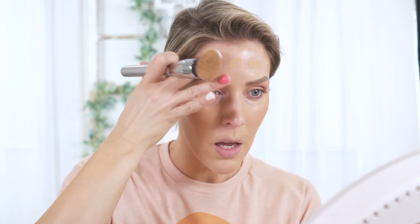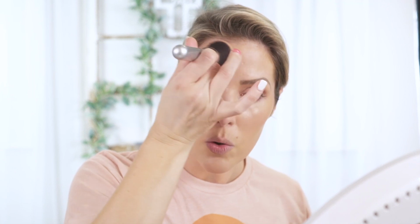So just like that, it smooths out over the skin really easily. You don't need a ton of product to get good coverage because I do have some redness. See how I just kind of spread it out a little bit, and then I'll start patting it out with the brush. This is the IT Cosmetics 115. It does feel almost cooling on the skin, which I attribute to the aloe. My Jane Iredale Liquid Minerals also has aloe in it, and that is also very cooling when applied to the skin. Okay, so that is the shade beige,